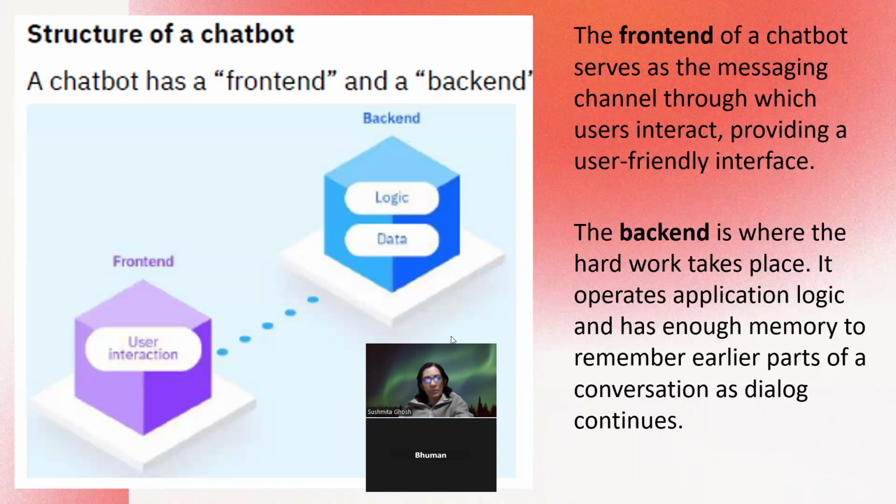Front end has to be very very user friendly. It should be good looking also. It should be interacting in a manner that the user is able to easily interact with the setup. But actual work is being done at the backend where the data is also being stored and the logic is also being built. If I talk about a chatbot as for that matter. Okay, so that was all about your